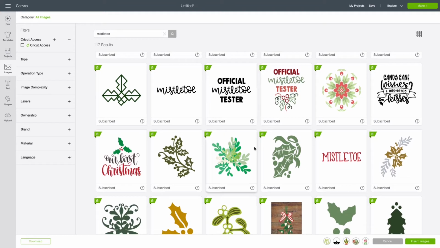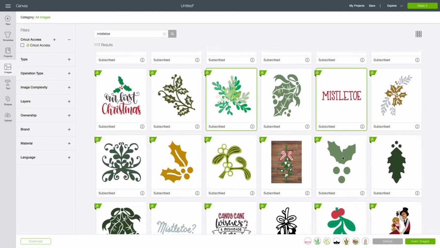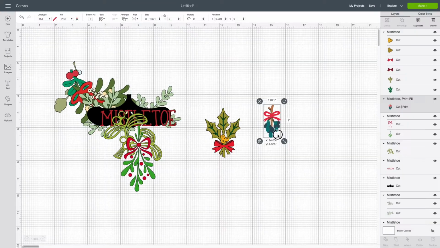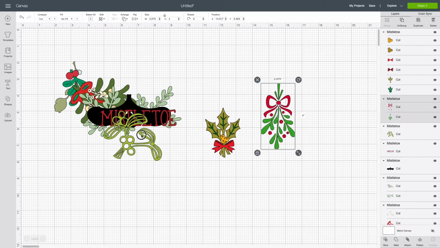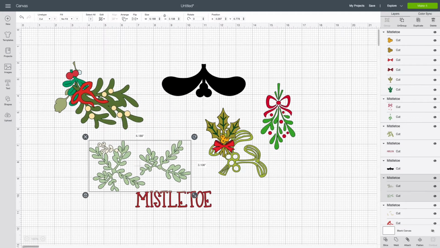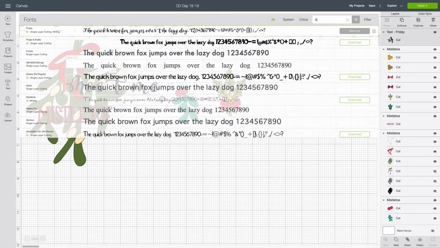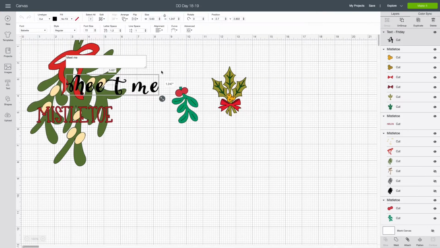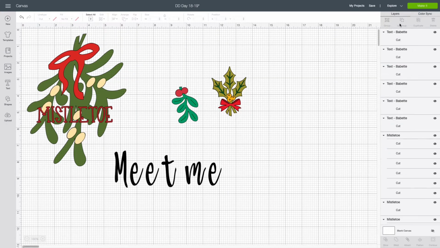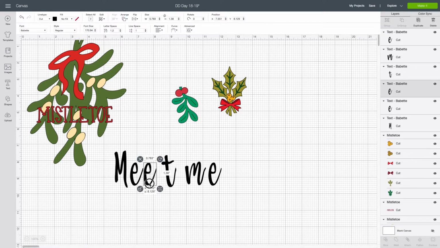I am beginning once again with a design process. If you don't want to stick around for that, feel free to skip ahead because there is a scrapbook process as well. The design process that I am working on today is for day 18,